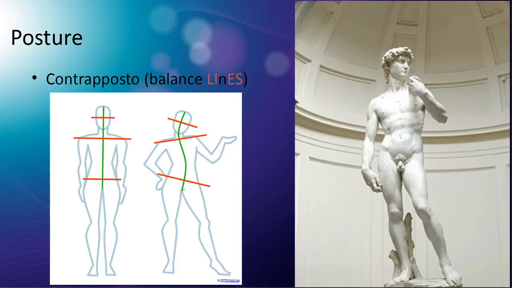But often humans want to keep their eyes straight, like parallel to the ground. But contrapposto is more about the shoulders and the hips being at opposite angles like this. Not opposite, like juxtaposed angles. And you can see this in the statue of David over in Italy or somewhere, right? By Michelangelo. So the hips are going in one direction and the shoulders are going in the other direction, exactly like this figure over here.